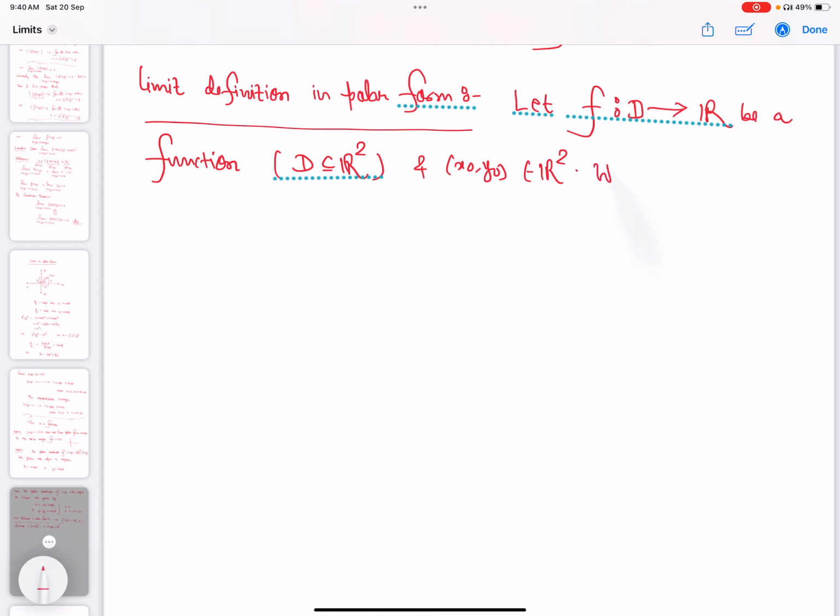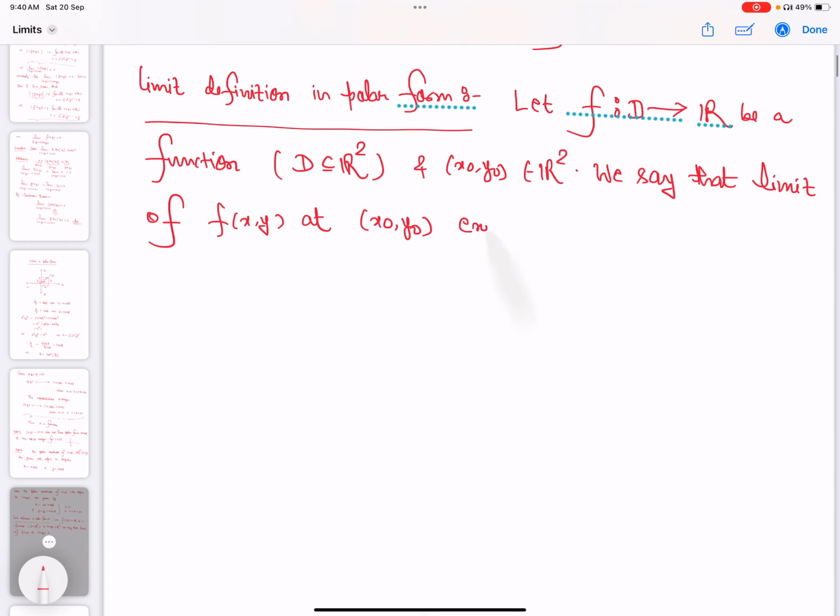We say that the limit of f(x, y) at (x naught, y naught) exists and it is L if